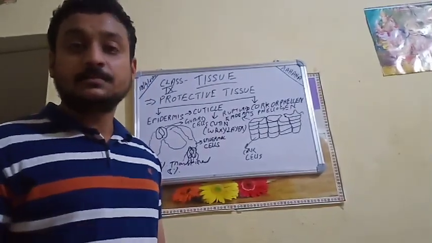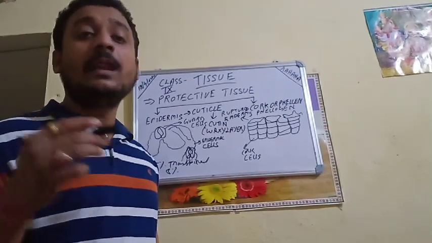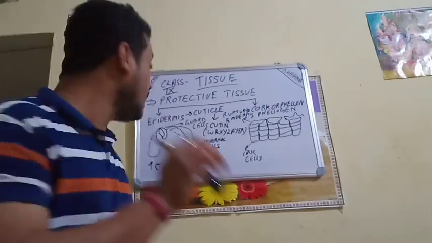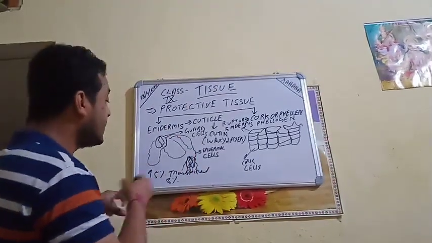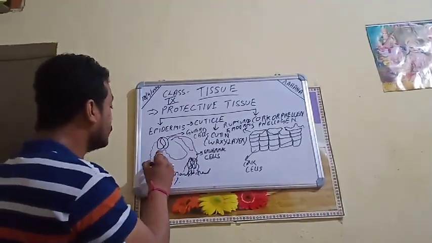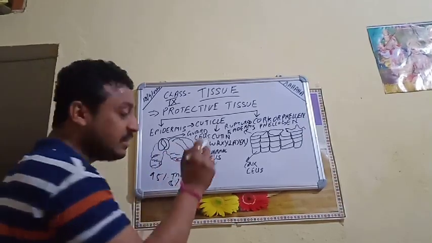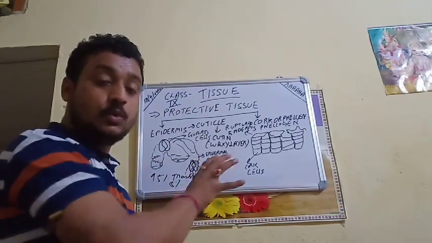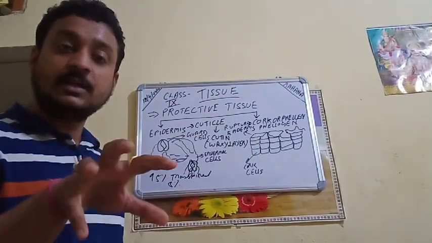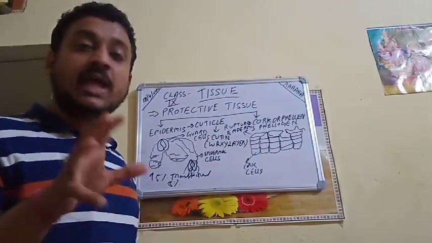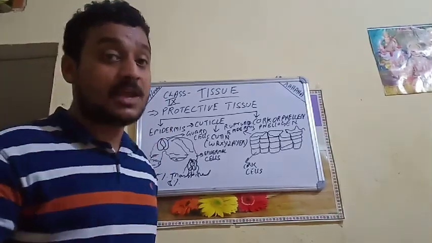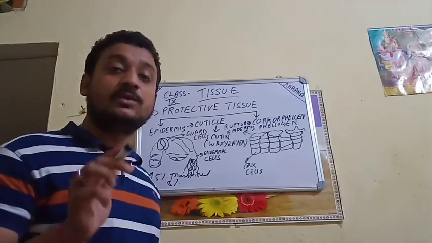Some of the plants where grazing by animals is more, those plants are adapted to store silica in their epidermal cells. If this is the epidermal cell, then there the silica deposition will be there. And this silica is very much tough. Whenever the animals come to graze upon it, the animal cannot chew the silica material, and automatically the plant will be saved. So this is also one of the adaptations.